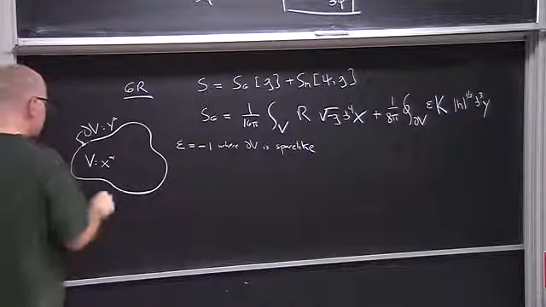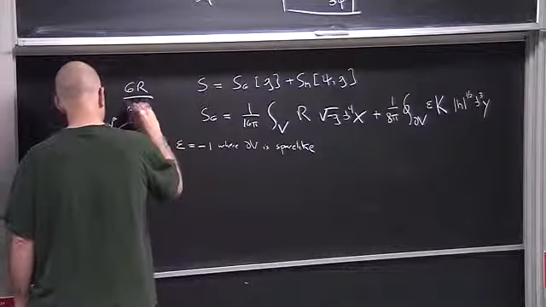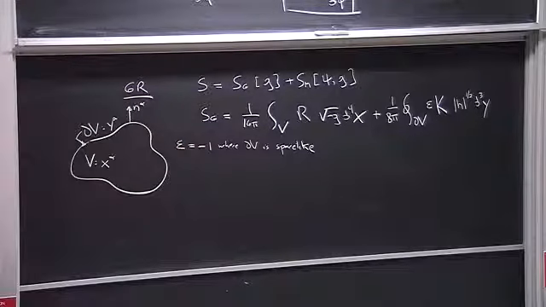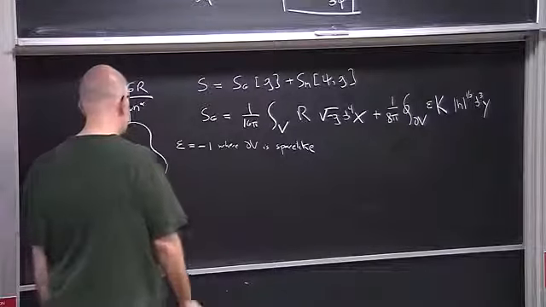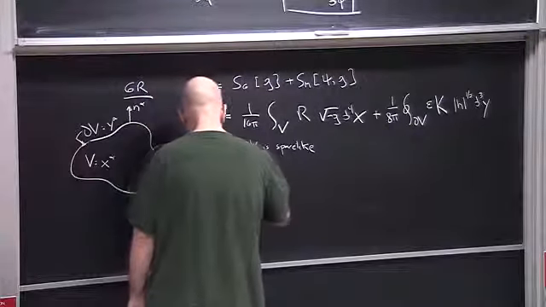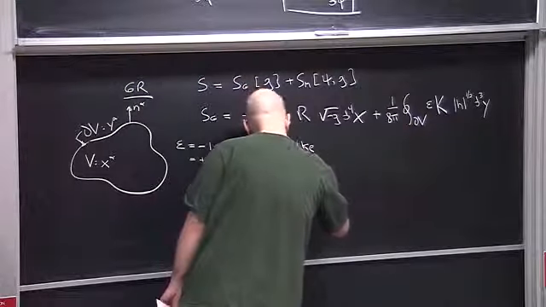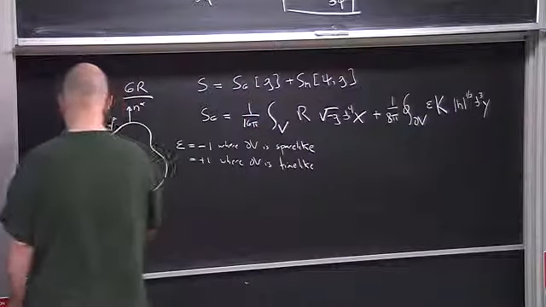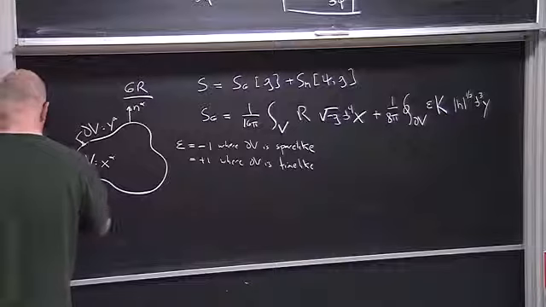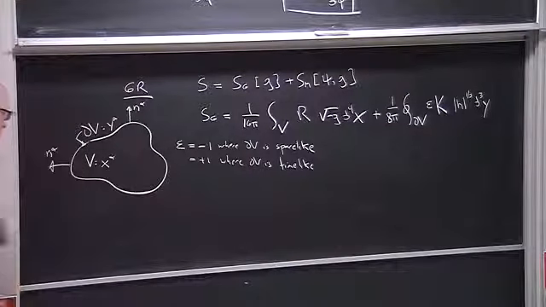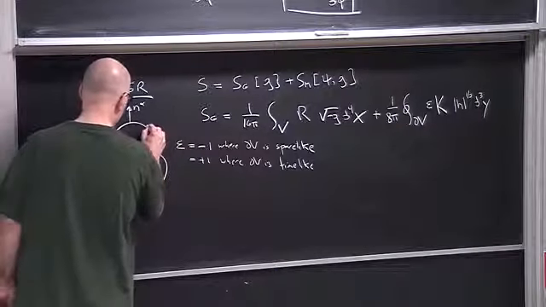And where dV is space-like, like here, its normal vector is going to be time-like, and epsilon is going to be -1 because epsilon is the norm of the normal vector. And it's going to be +1 where dV is time-like. And when dV is time-like, well, the normal vector is space-like, and its norm then is positive, not negative. There will be transition points, for example, over here,